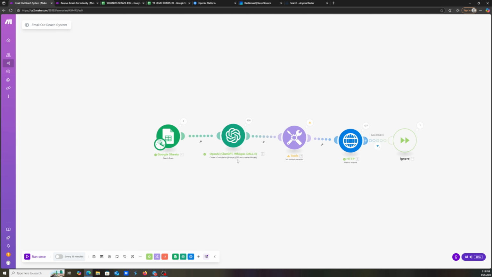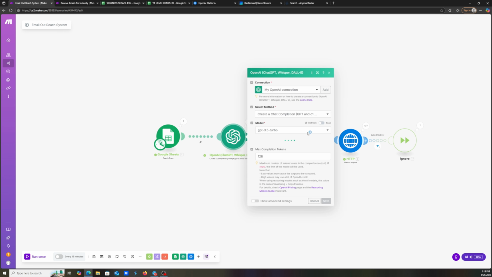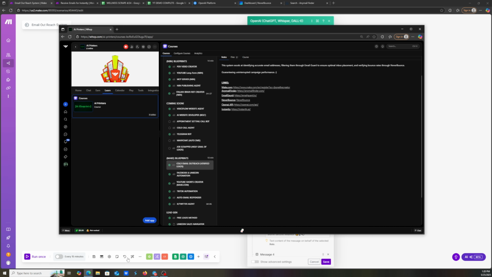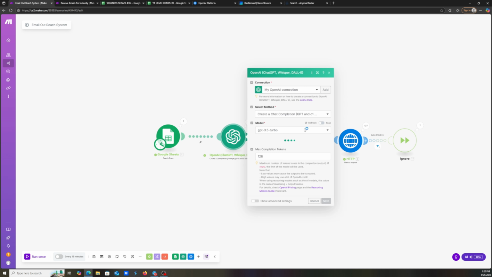Next step, you're going to come to another module. The next module is going to be an OpenAI create a completion module. So in here, all you have to do is connect your OpenAI account. So I'll have the link. The link I provide for this is in here. You can also just find it anywhere right here. Just go to openai.com API and